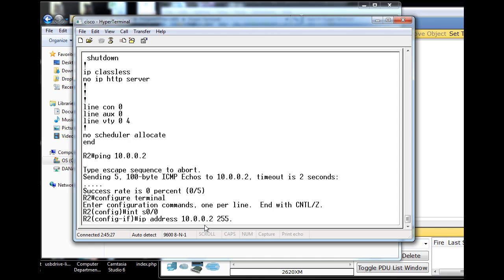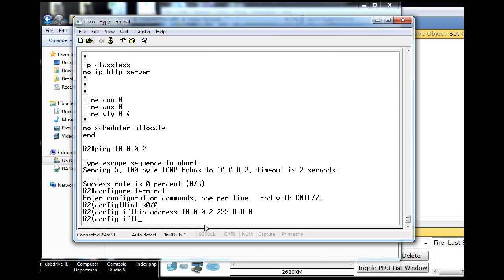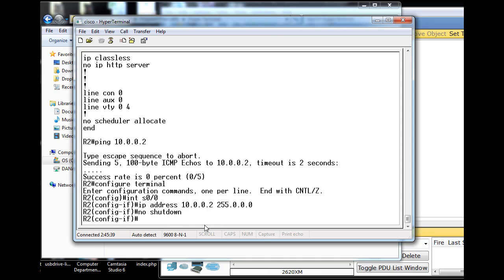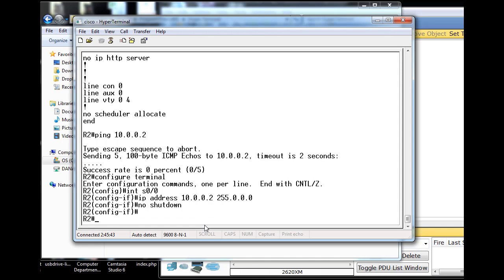Whoops. Right. That looks good. No shutdown. All right, that looks good. And then we'll